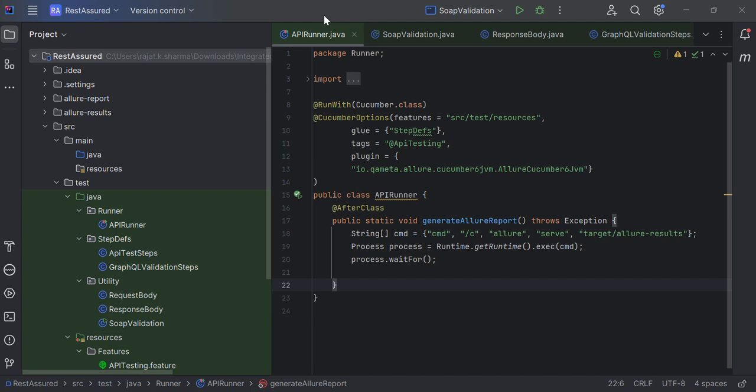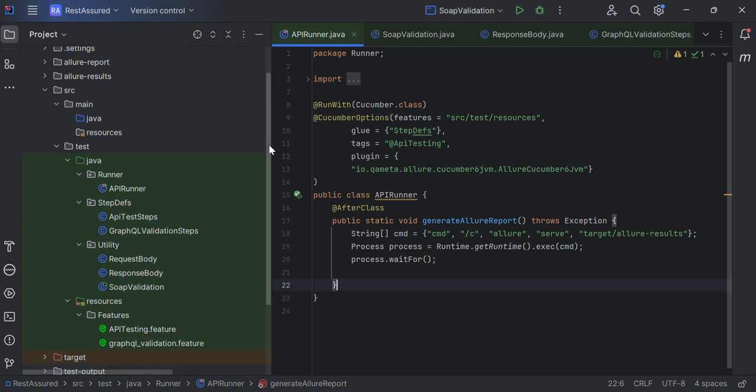So if you see, this is the project structure. Rest Assured, this is one of the frameworks I have opened, and it is utilized in my company as well. If you see the source, this is a Maven project, and it is an API testing framework as well. First, we have a main folder. Under the main folder, there is Java and resources, and we have a test folder. Under the test folder, we have an API runner class. So this I have already explained to you.